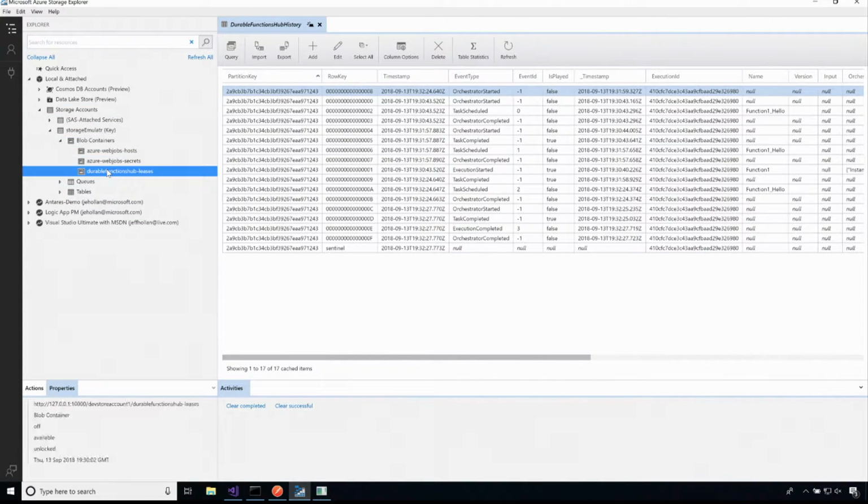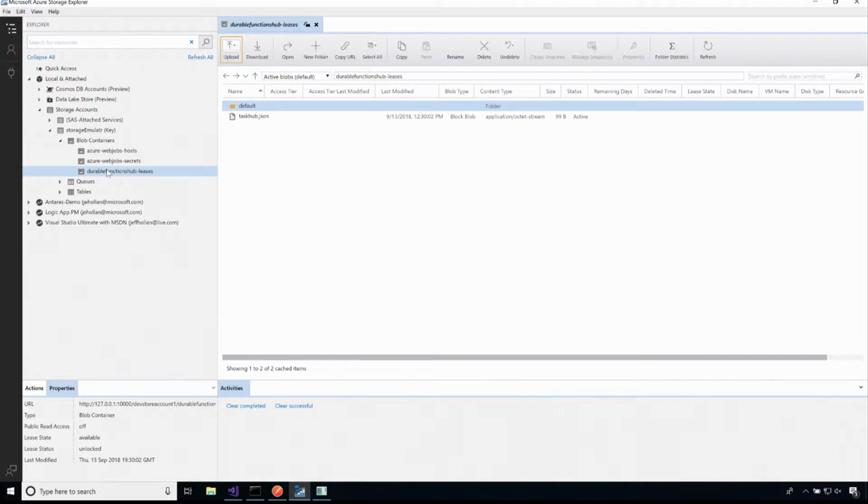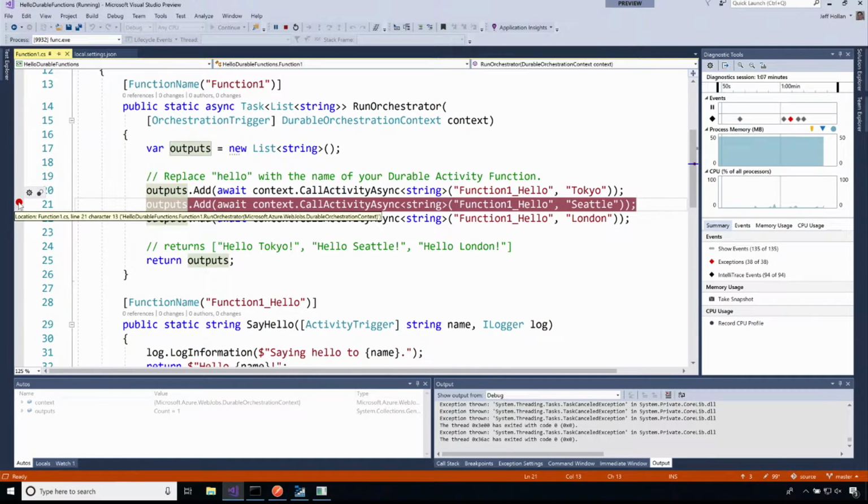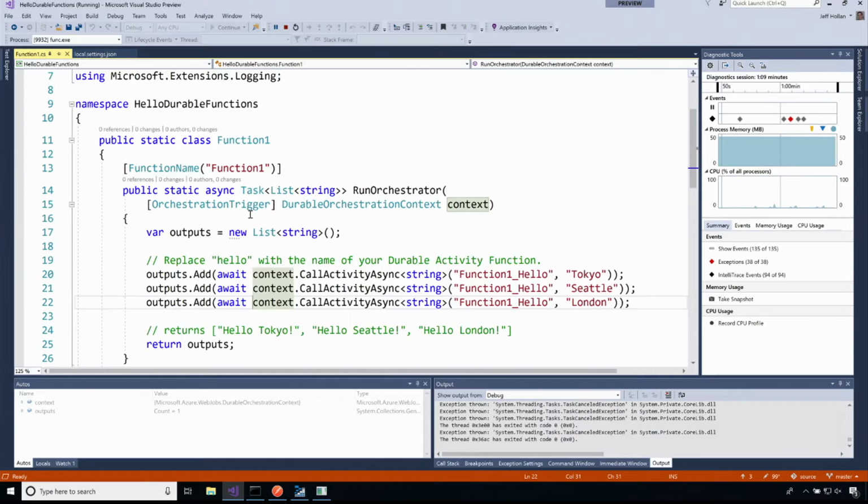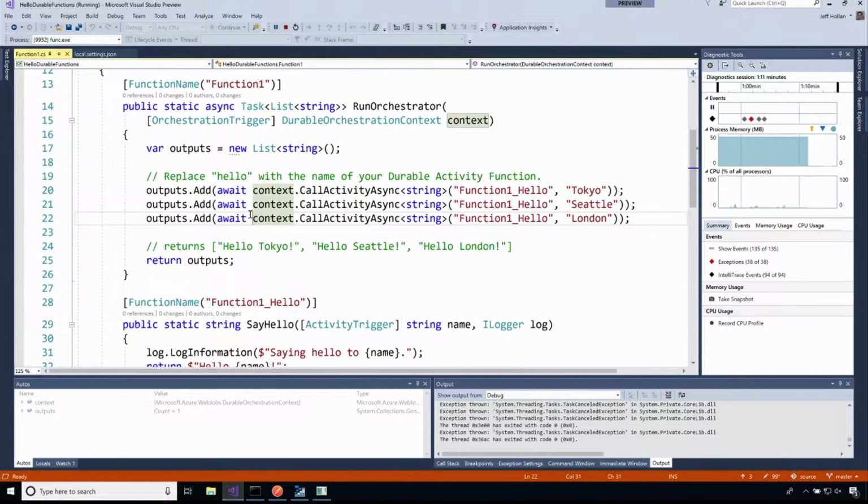And I even have a thing to have leases. So all of this is locked and managed and stateful. But again, I didn't have to write code for all of this awesome state management. The Durable Functions Framework just gave it to me all for free. Okay? So hopefully that is a good Hello Functions demo.